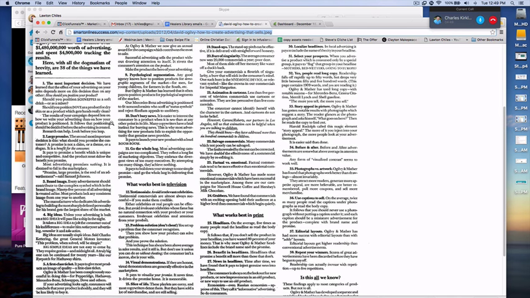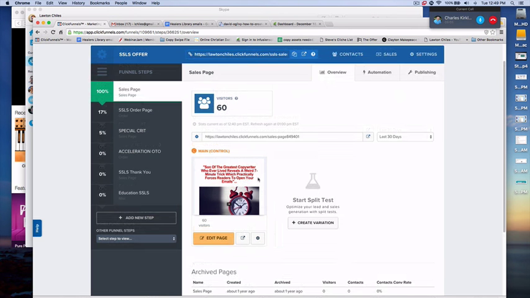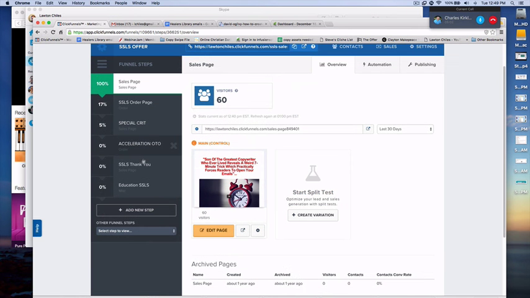I think this is a classic example. A lot of people write articles and go, I've got an article and that's a pre-sale page. That's not a pre-sale page. That's like saying, I got a race car and it's a Yugo. Just because it's a car doesn't make it a race car.